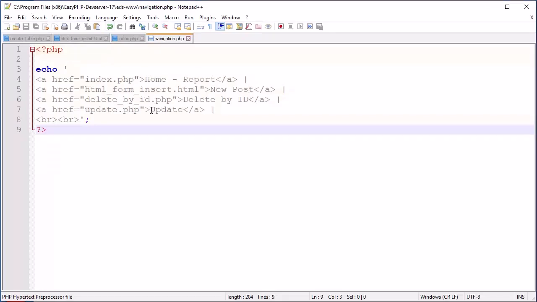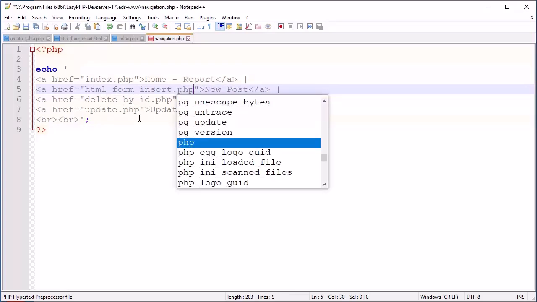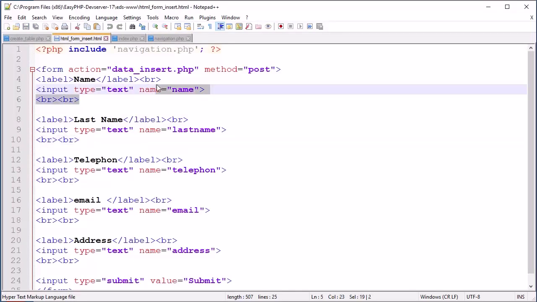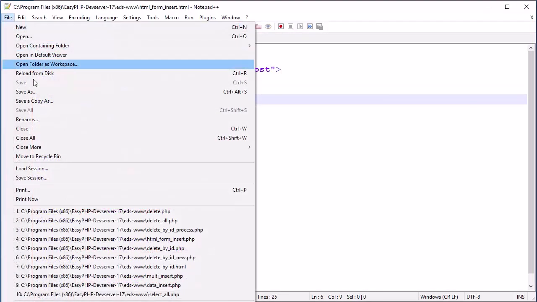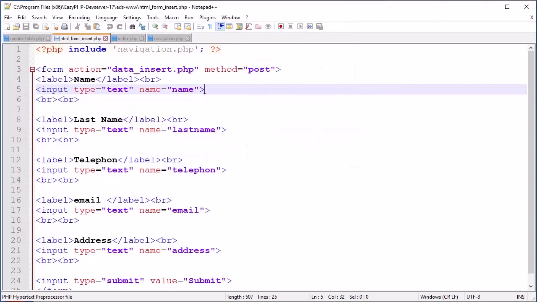So let me see. HTML form insert. Yeah, I'm using an HTML page here and not PHP, so let's fix that. That means this file also needs to be saved as a PHP file. So .php, and because we are opening a PHP file down there, we need to close it. So let's push this down there,